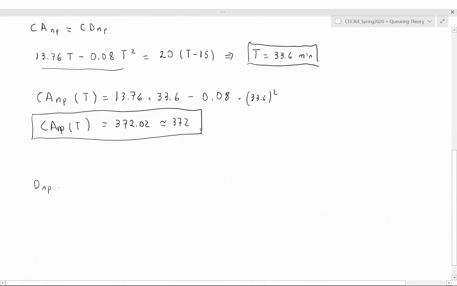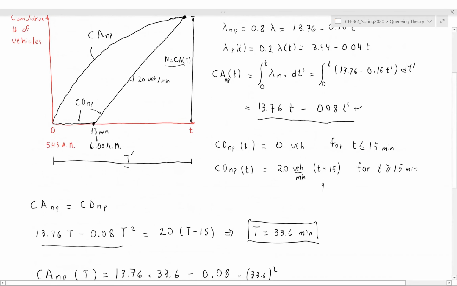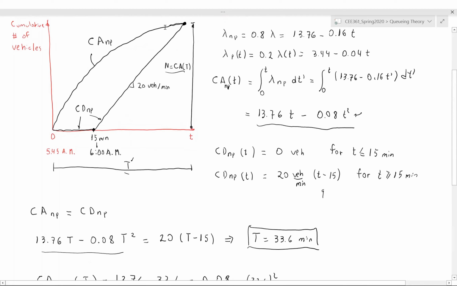I'm going to compute, let me go back again. I need to compute the area between this quadratic expression given by this equation here and this horizontal line and that inclined line. Use what you know about geometry. So you know that